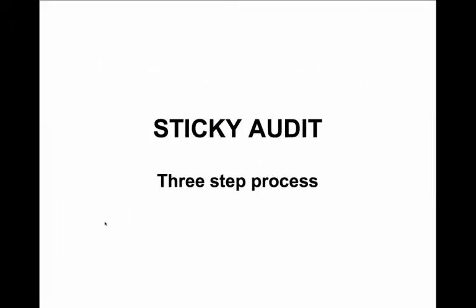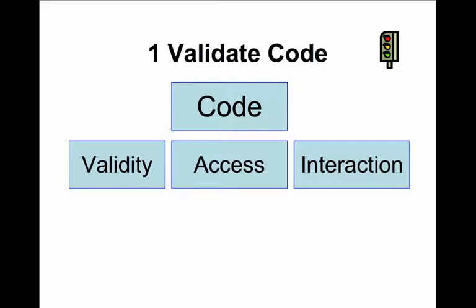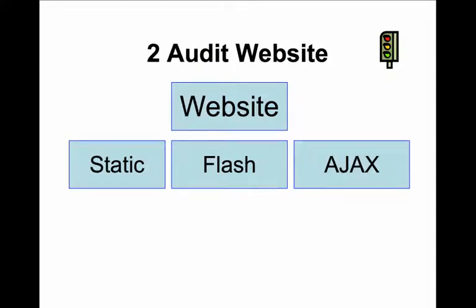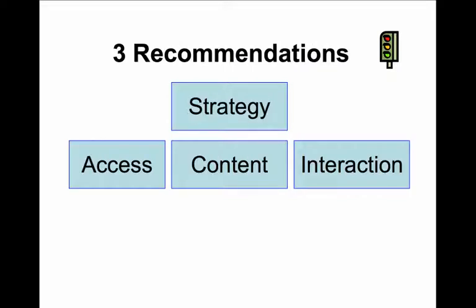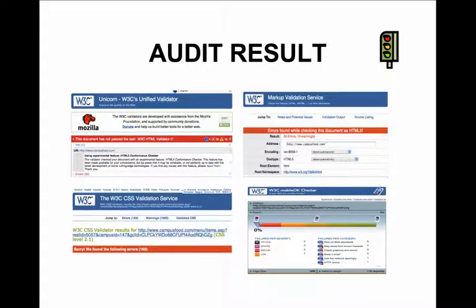The Sticky Audit is free. If you decide to implement our recommendations, we develop a plan using your resources for a fee. Step 1. Inspect and validate the source code. Step 2. Inspect the website to understand the code. Step 3. Recommend a strategy if applicable. If interested, we can perform audits for your clients to improve their returns on their investments and inform them about the validity of their code.